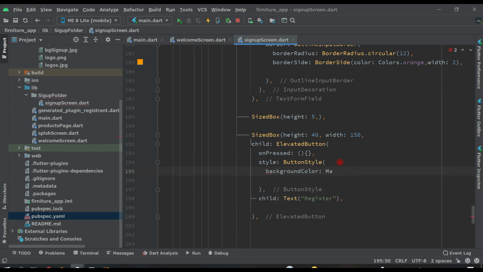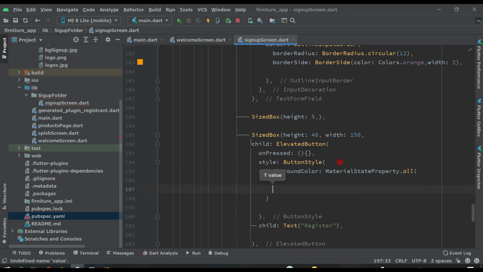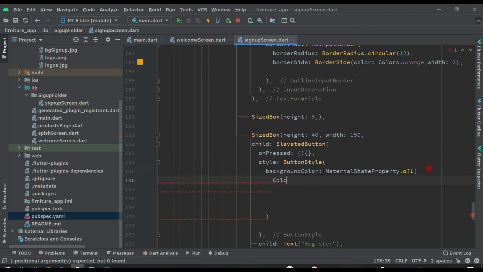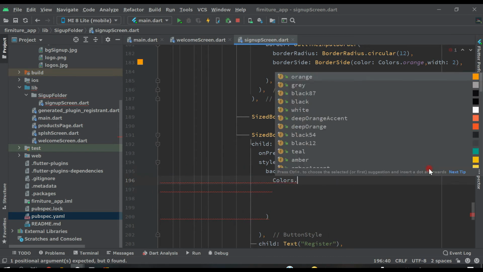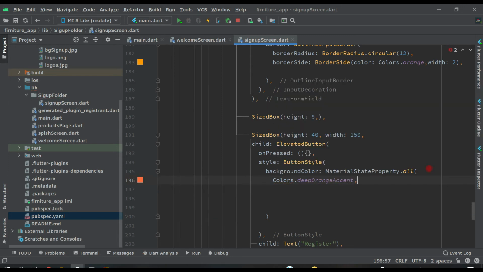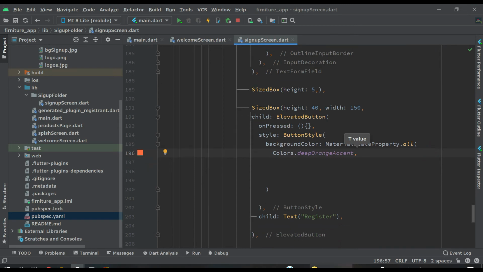Background color, material state property dot all, and press enter. Colors will be, let's give this one deep orange, and put a comma. And after this